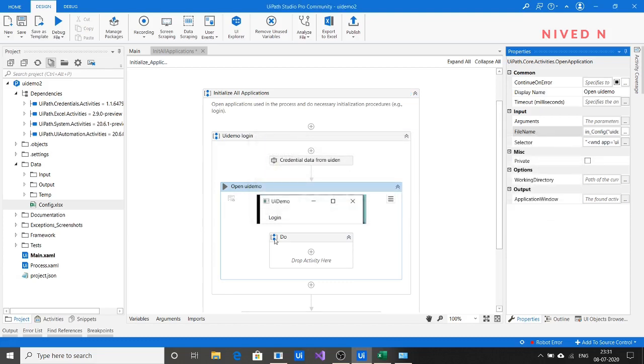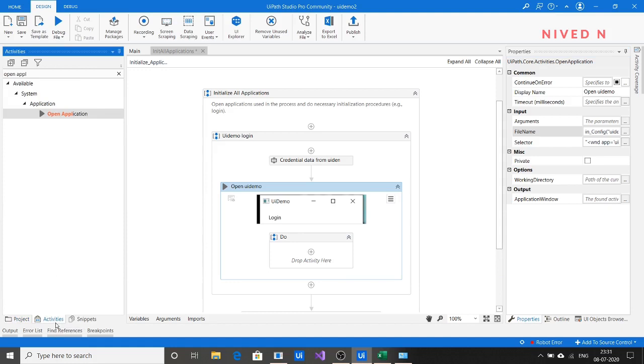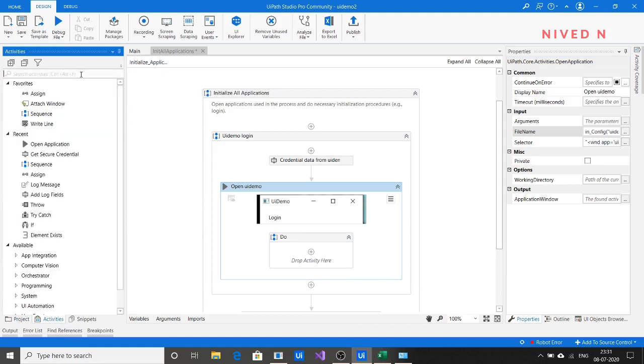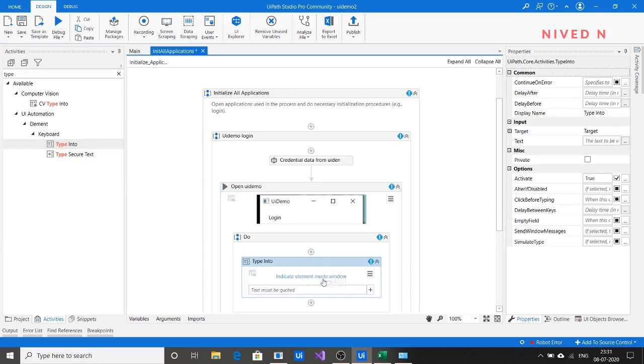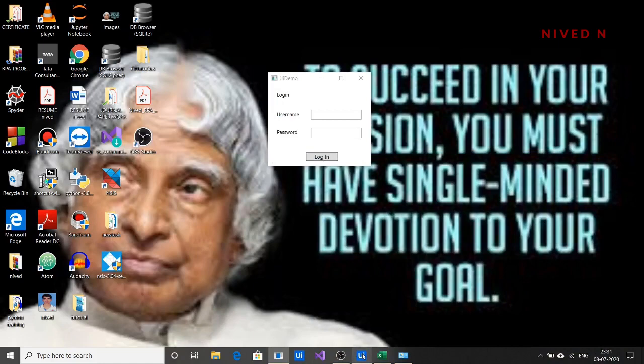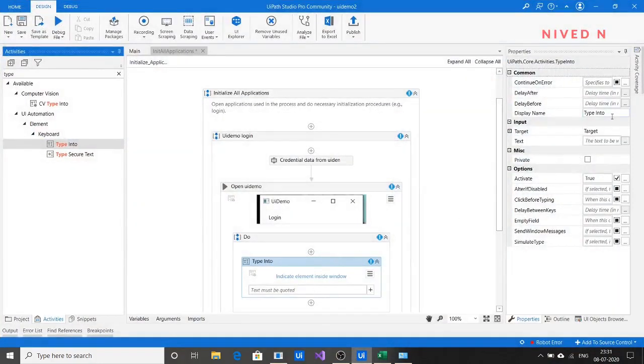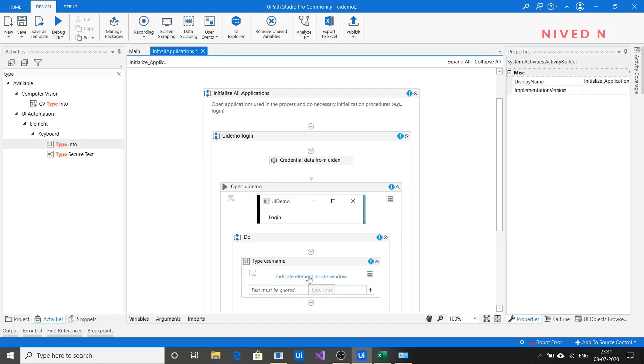So you have opened the UI demo. Next step is you want to input the login credentials. So just use a type into activity here. Indicate the screen. Give it a name, type username, and indicate the window.